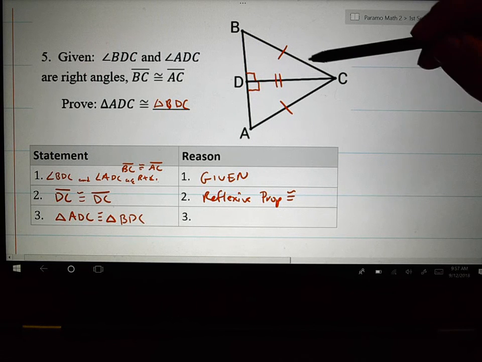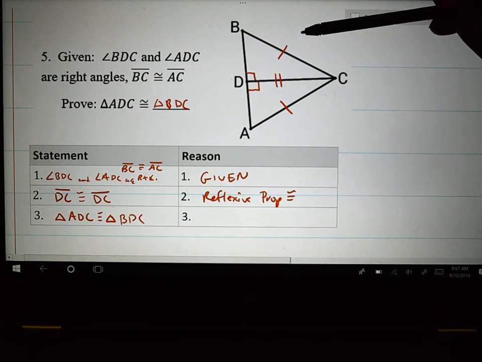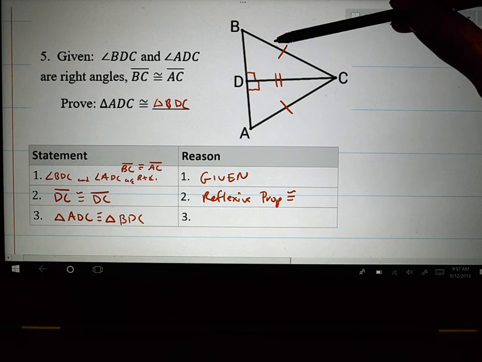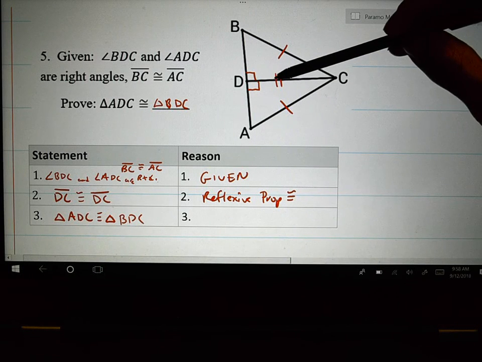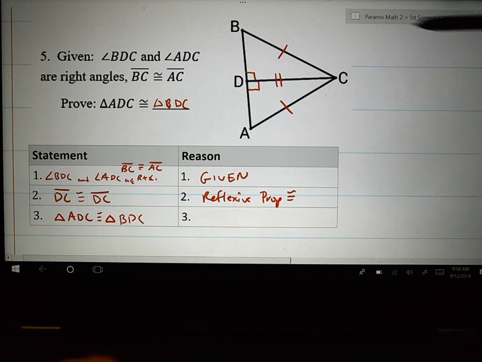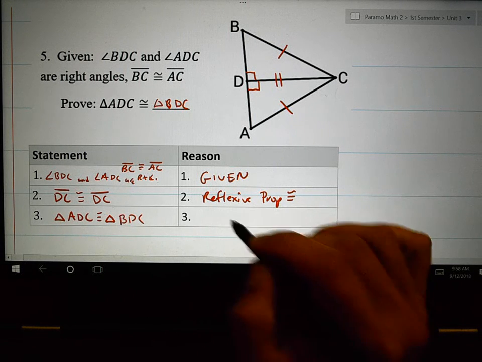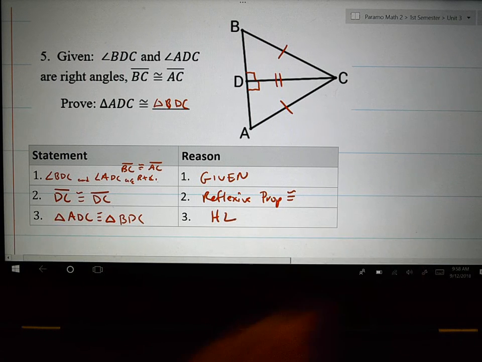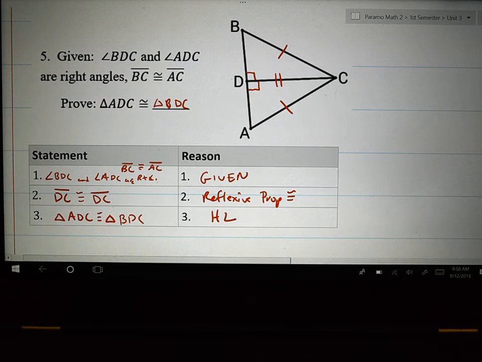And if you're looking at what is touching what, I have a side touching a side touching an angle. There is no side-side angle postulate. But there is one that looks like SSA. We just have to have a right angle in it. These ones have right angles. And that is the end of our